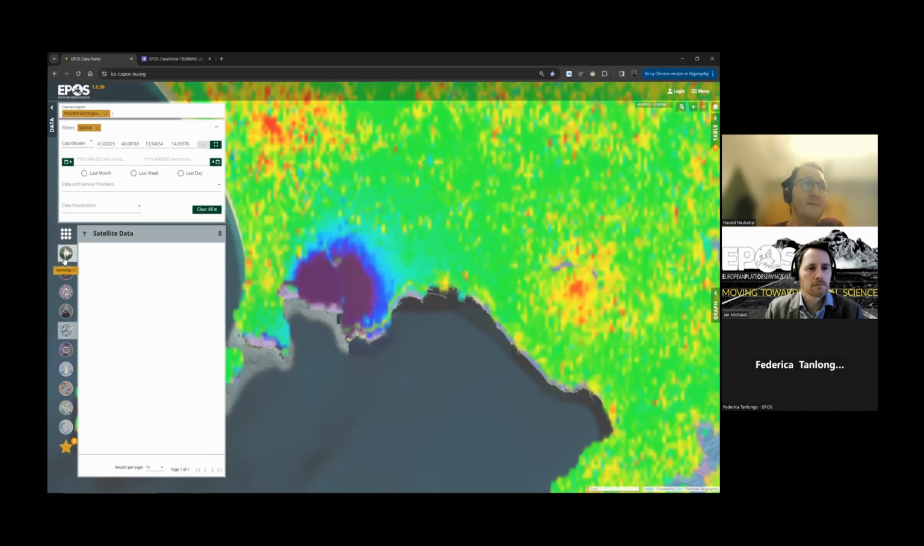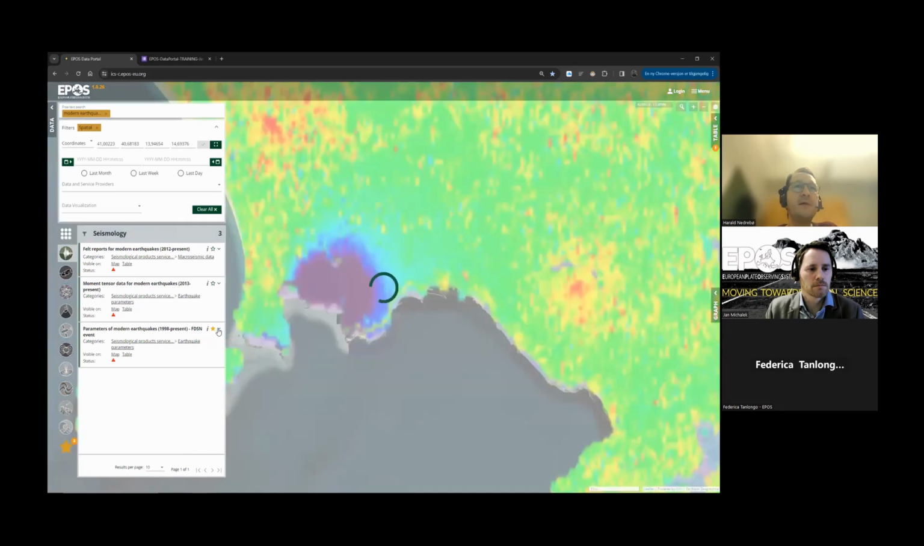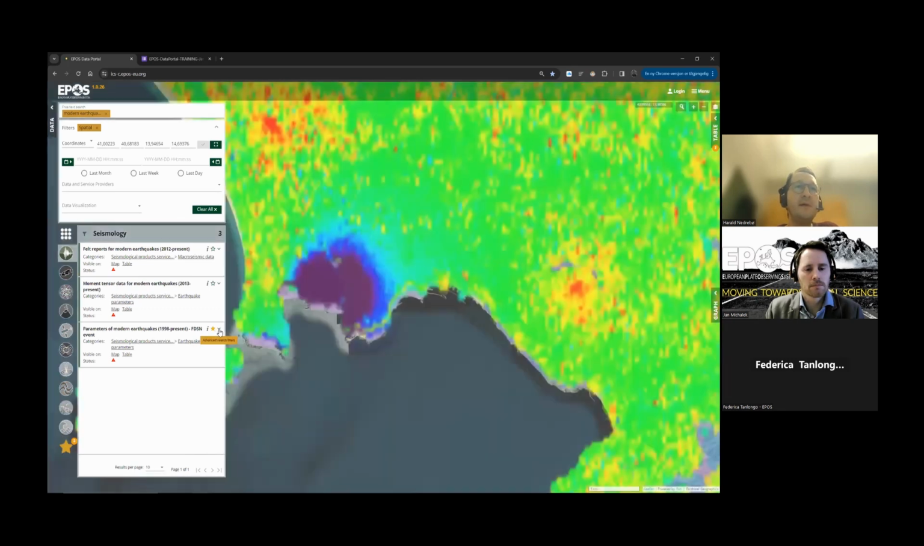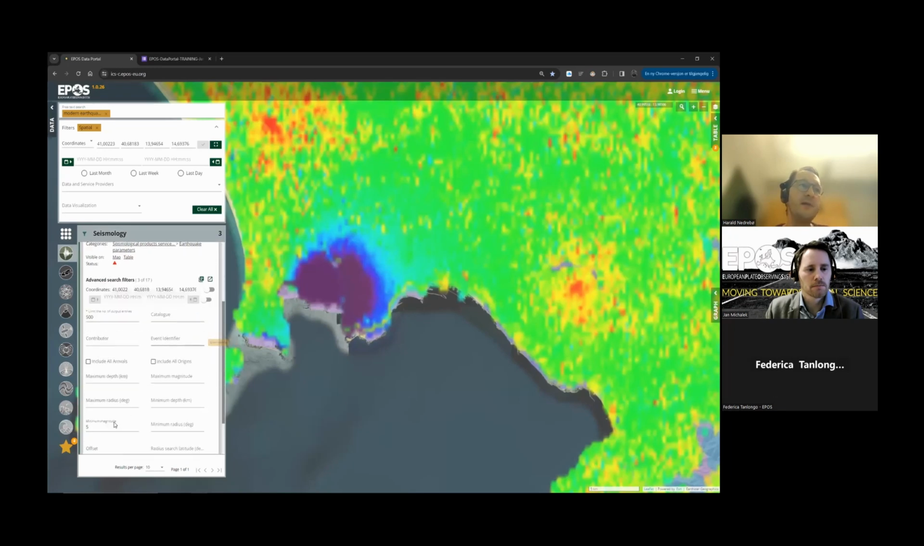So if we want to further investigate this, we can search for example, modern earthquakes, and then we have to go to seismology. And if I choose this one here, it's default set to 5. So 5 is quite strong for an earthquake in a volcanic area. So if I set this to 3,